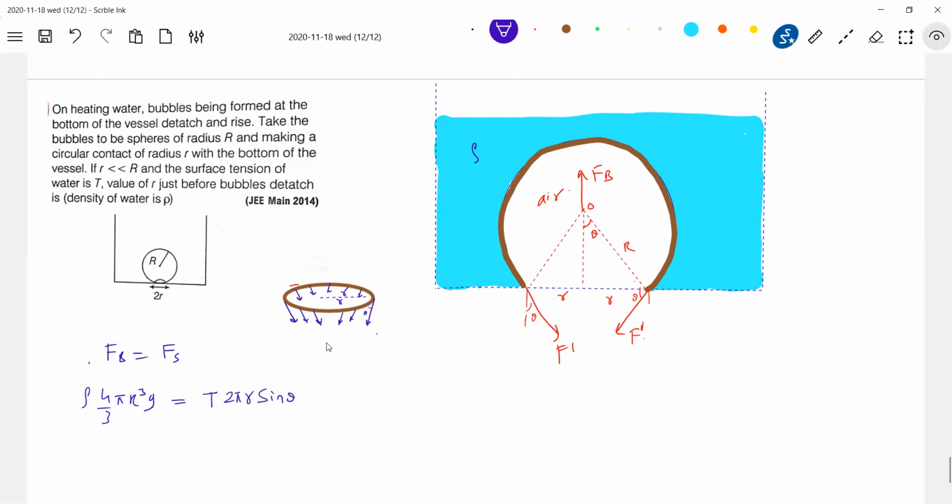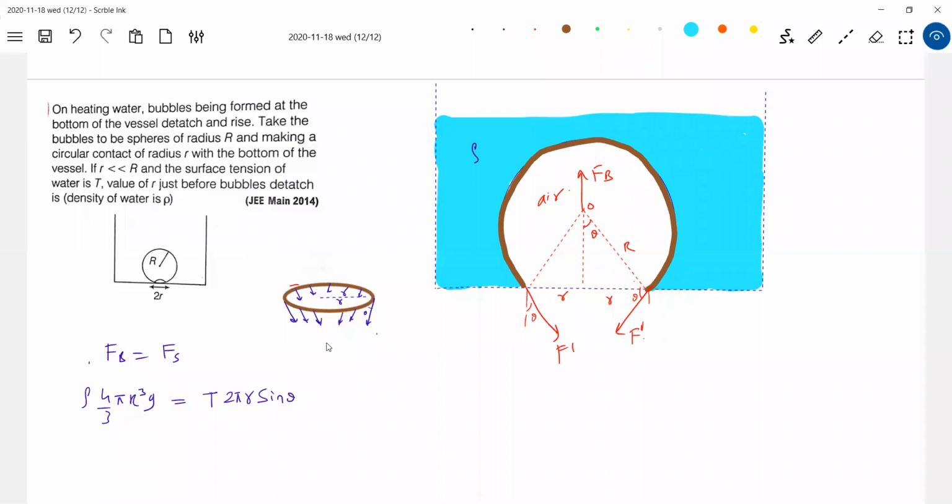Because on every element, see how the force is acting. The force is acting at an angle on every element, so don't say at 2 points. On every element, it will be acting. Take a bangle or some sort of ring, and the force at every point will be making some angle theta with the vertical, the force everywhere.